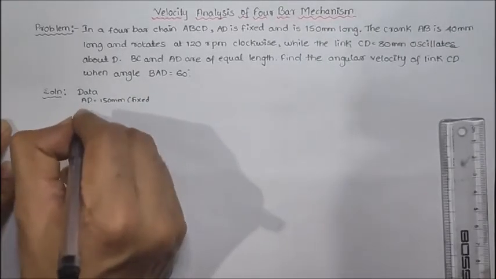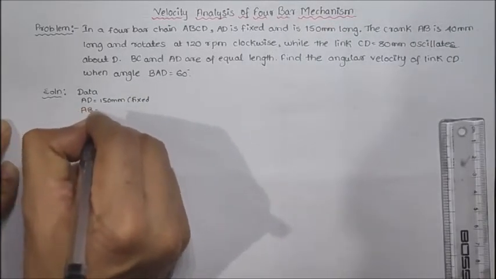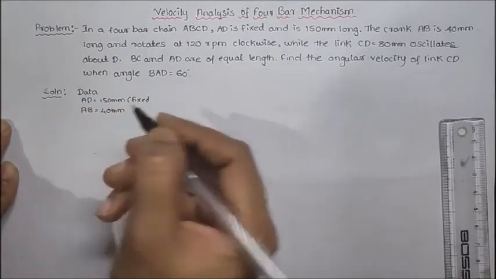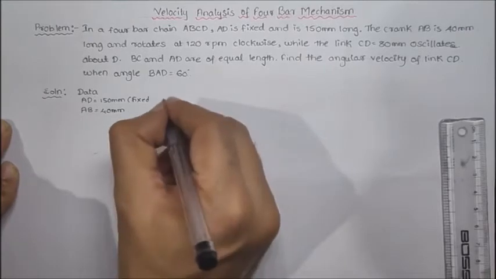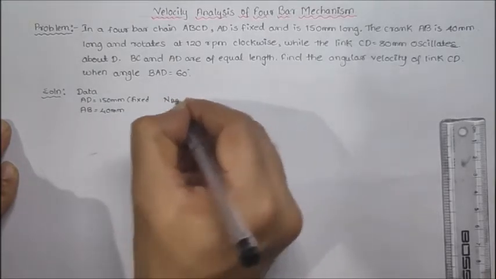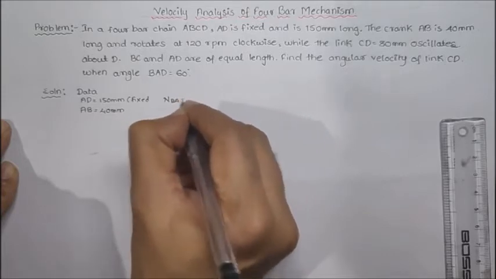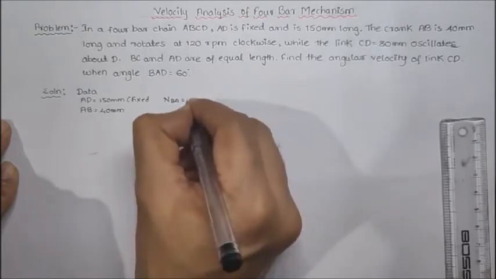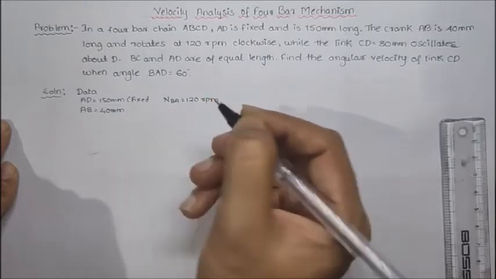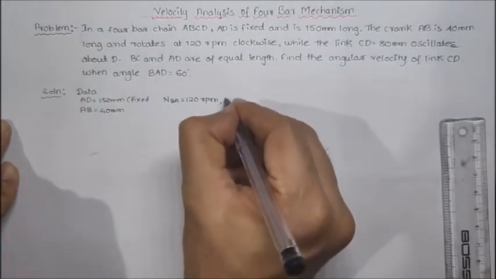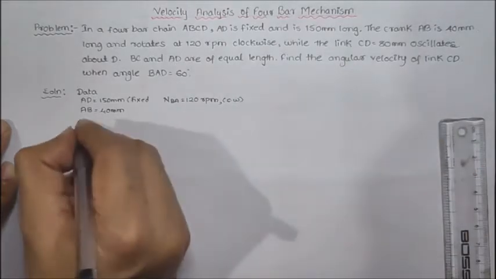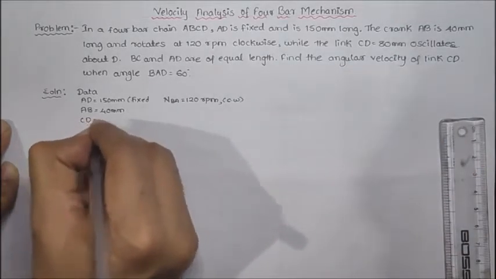Similarly AB equal to 40 mm, then speed of this one, AB, B with respect to A, like this we are writing. So 120 rpm, it is clockwise, while a link CD equal to